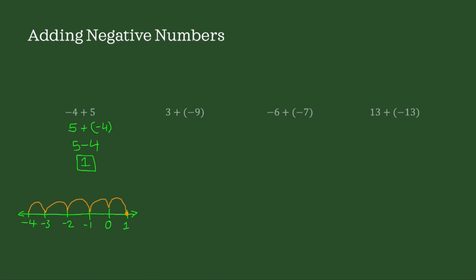Yet another way you could figure out the answer is by adding them or subtracting them and seeing which one is reasonable. So according to the rule, a negative plus a larger positive, when ignoring the negative sign, is equal to a positive number that's less than the larger positive. And in this case, it's 5. So we want a positive number that's less than 5. And what you can do is you can add these two, ignoring the negative sign, or subtract these two. One of them is going to give you your answer.